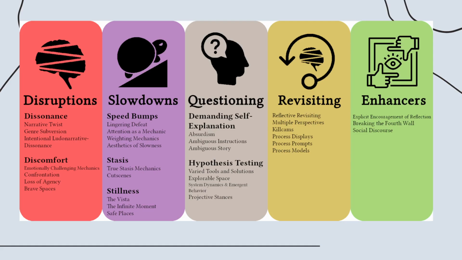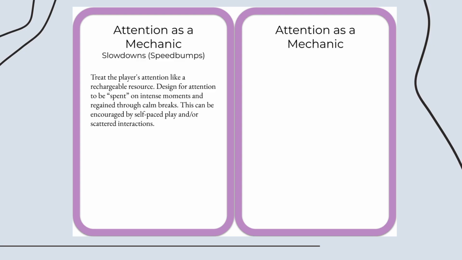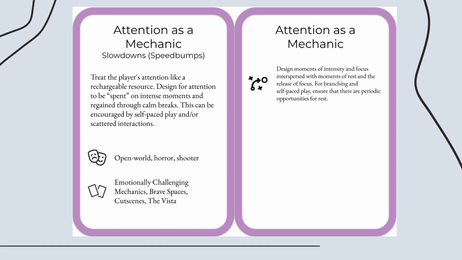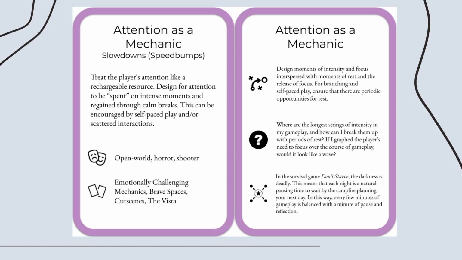Now, I mentioned earlier that we wanted these tools to be specific and actionable. And so for that, we turned each pattern into a card in a card deck. So for example, this is the card for attention as a mechanic. Each card has a short description of the pattern. It has genres that the pattern would be good with and other patterns that pair well with the pattern in question. It has instructions for utilizing the pattern, questions that a designer can ask themselves during the design process, and finally, examples of games that have worked effectively in the past utilizing that pattern.